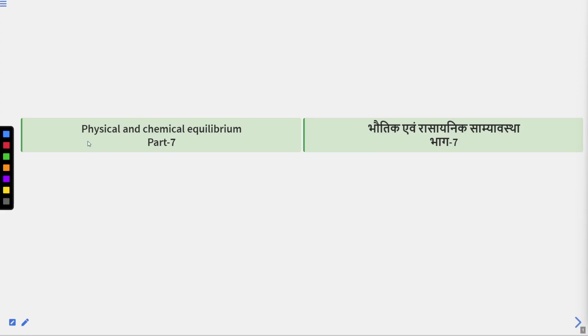Hello everyone. Today we will see some practice questions from the topic physical and chemical equilibrium, and this is part